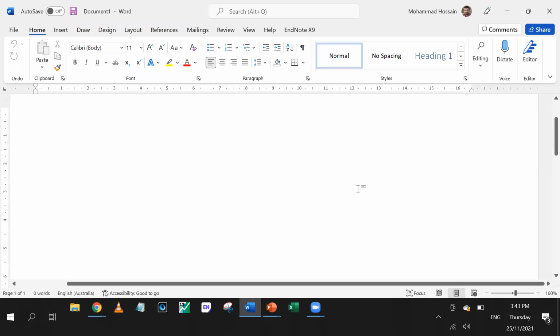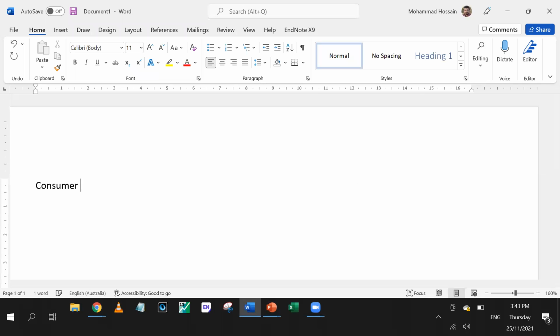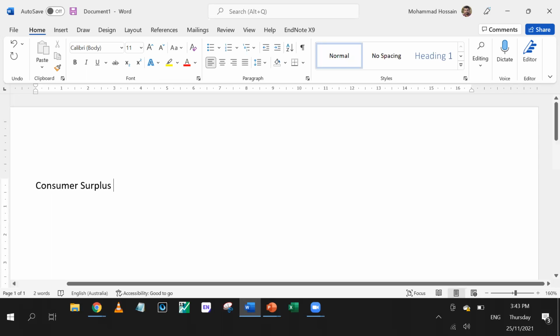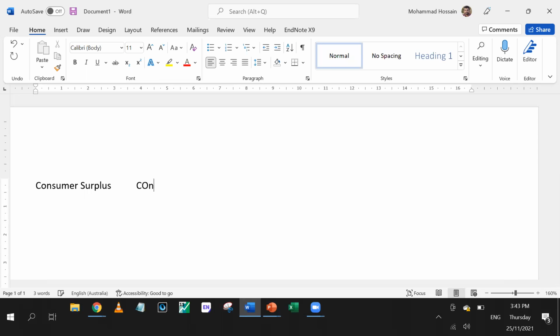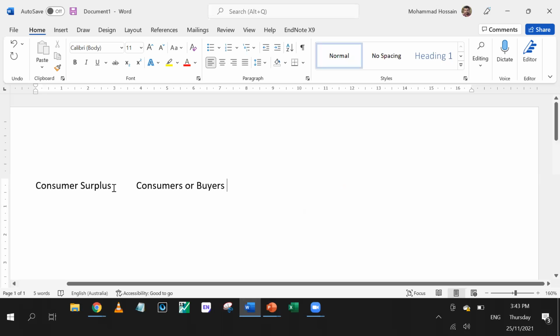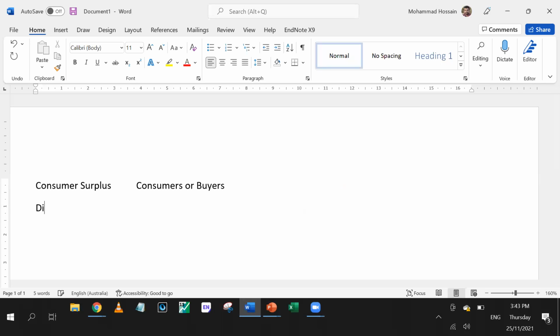Consumer surplus is, first of all, related with consumers, or you can say buyers. So consumer surplus is related with consumers or buyers. And how it is, the difference between